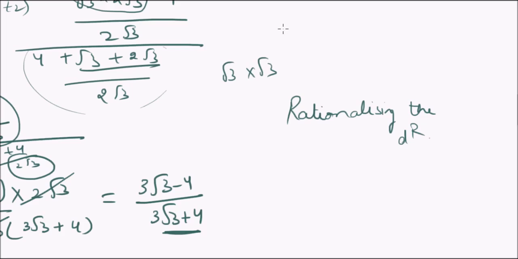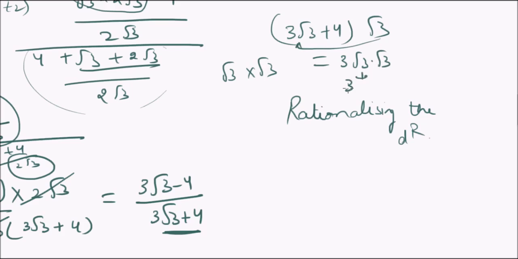Friends, if we multiply 3 under root 3 plus 4 by under root 3, we will no doubt cancel this term, as 3 into under root 3 into under root 3 is 3 into 3. This product will become 9. But on the other hand, 4 will include this under root 3. So we are removing one culprit, and on the other hand we are adding another culprit. But